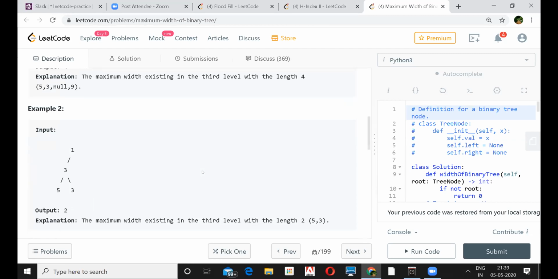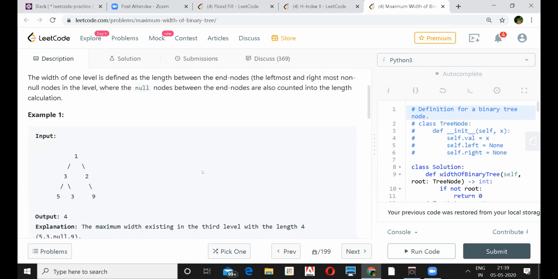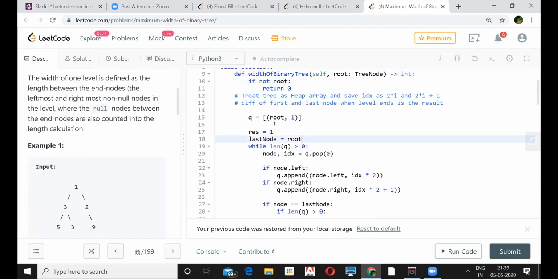I think you have also used the same way, right? Yeah, but just the indexing I did from 1. Oh, you started from 1, and I started from 0. Okay, understand. So mine is like this. I inserted a tuple: the root, and its index, and the max value initially. Since at the root I have 1 node, I've taken it as 1. I'm always maintaining the last node. So here your last node is 1.